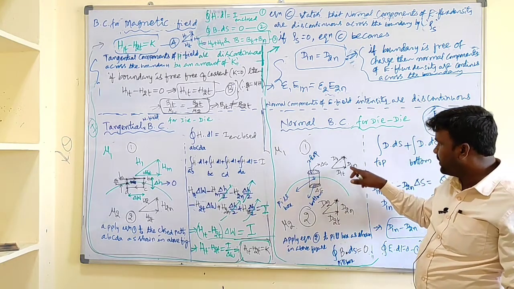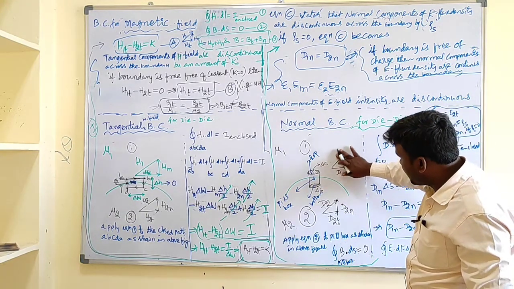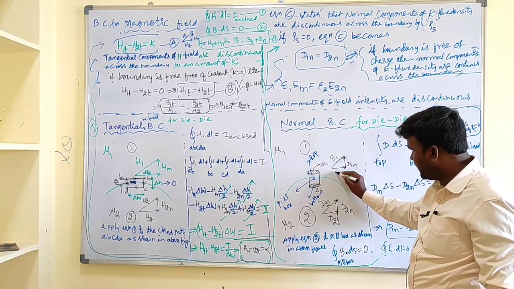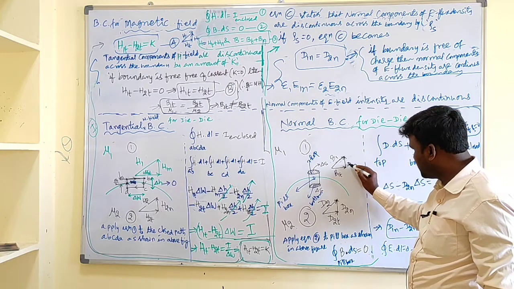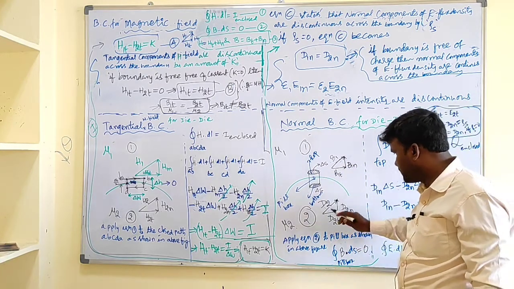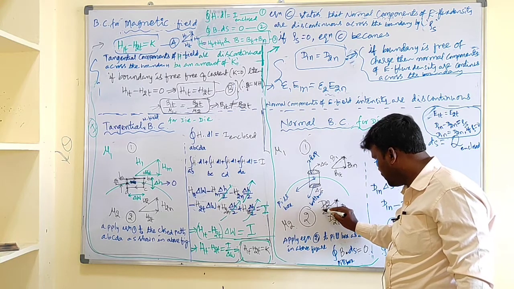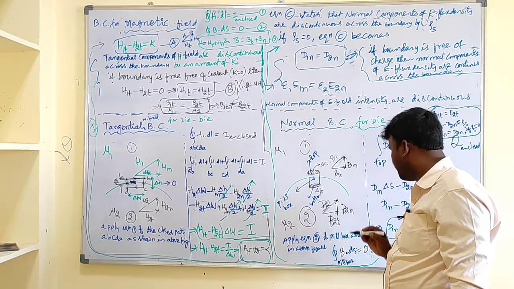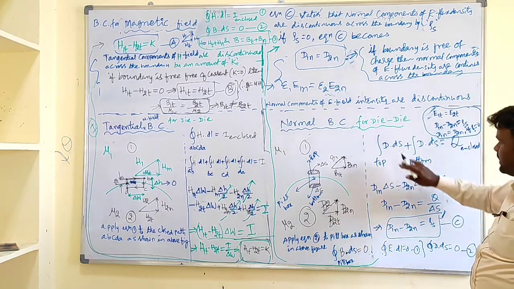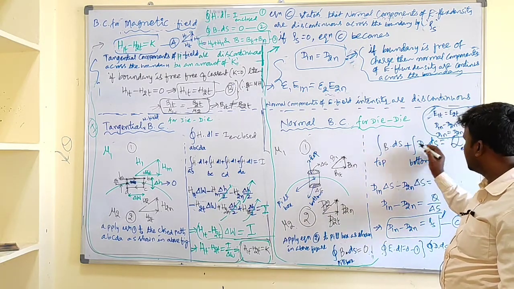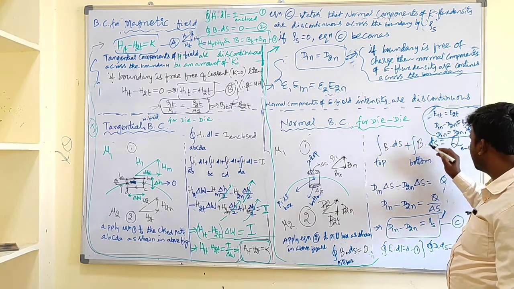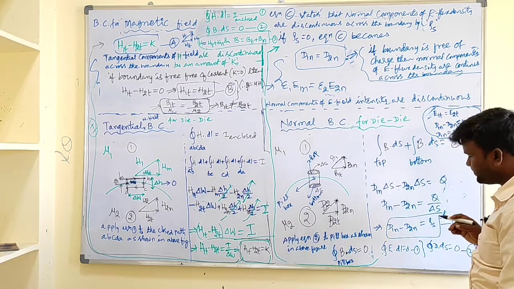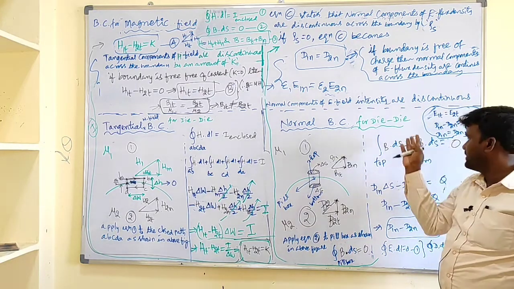For the top we have the field component. Here electric flux density should be replaced with magnetic flux density. D1 becomes B1, and it has components B1t and B1n. Similarly D2 becomes B2, with B2t and B2n. Here D dot dS is replaced with B dot dS, and for the sides it is equal to 0. So the integral of B dot dS equals 0.